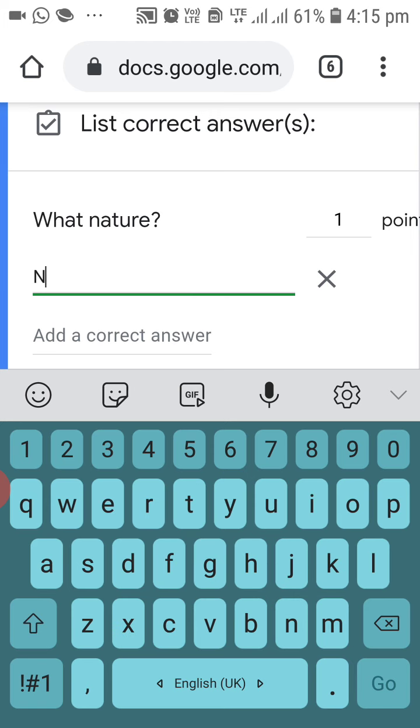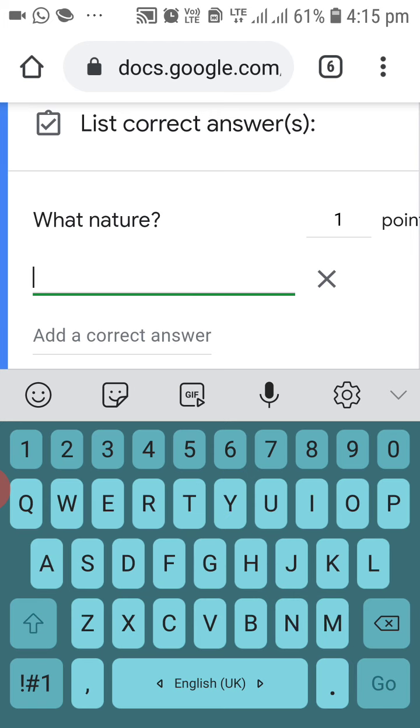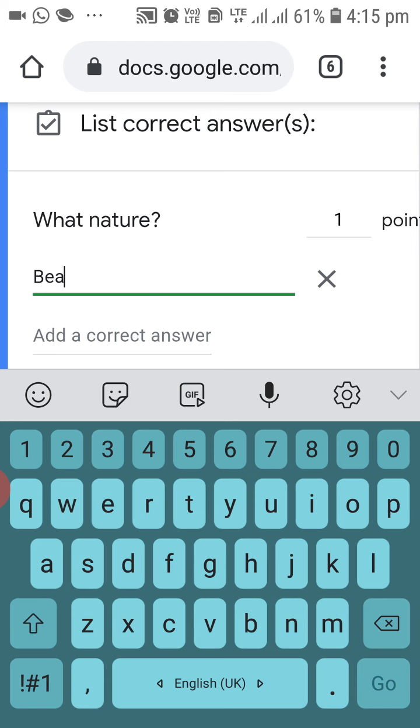So the correct answer is beauty, I have written. Now here teachers, you have to be very, very careful. When you are using first letter capital, you have to tell the students also that when they write the answers, they have to type first letter capital.